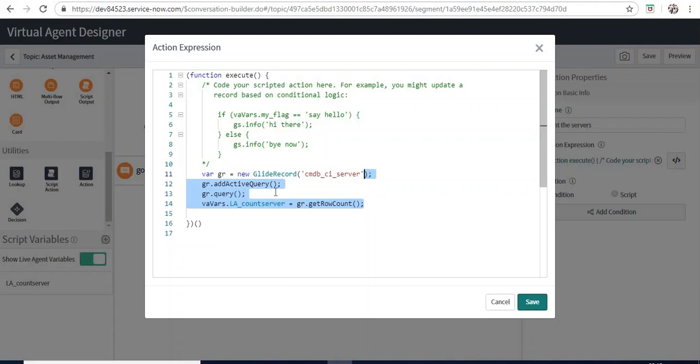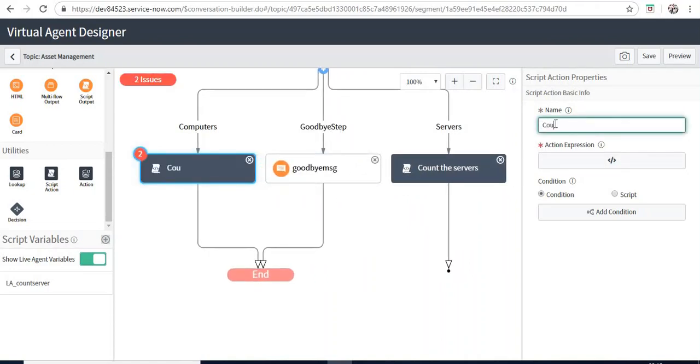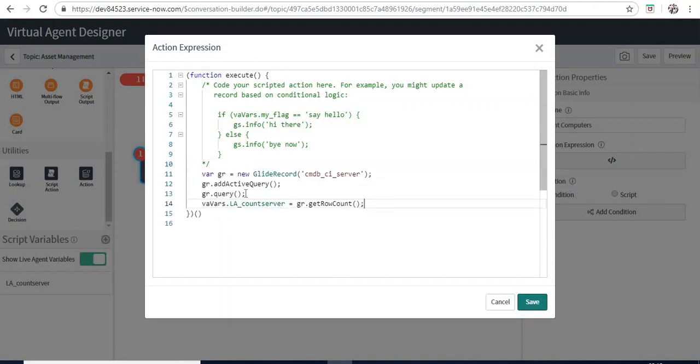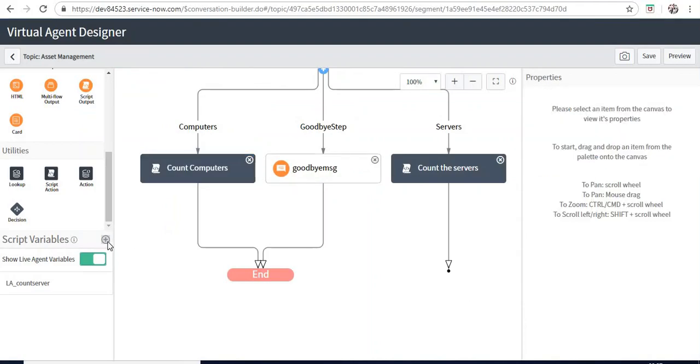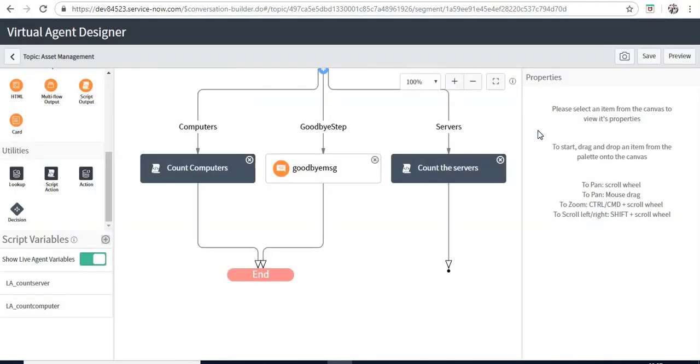I'll copy this script for computers. And again I will drag and drop script action. I'll say the name as count computers. I'll go to action expression. I'll declare a new variable for this. Maybe we can write as LA underscore count computer. I'll just copy the name. Now I will create the second script variable or the live agent variable computer, and I will give the count as 0 again, and I will move this arrow to end as well here,